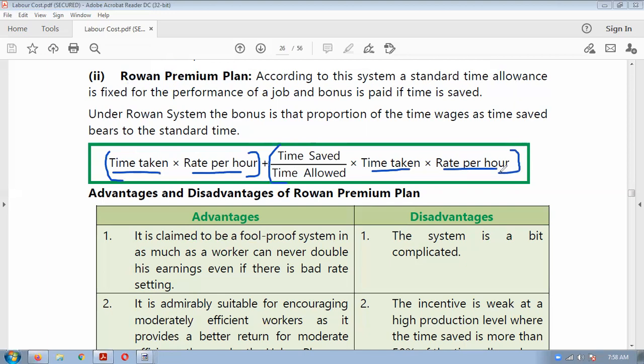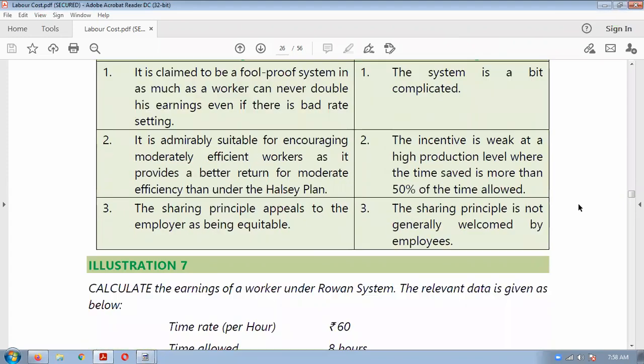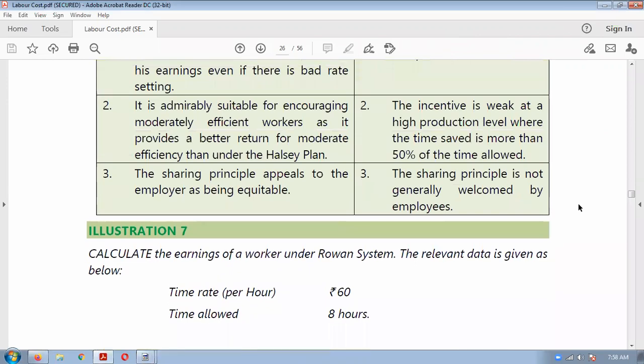Now what is important is that everything will be given in the illustration, in the question only. You only have to understand which amount you have to take where. Only that much you have to do. Everything will be given in the question. If you read and remember the formula properly, you can easily solve the questions. No need of applying any logic. You only have to know the formula.